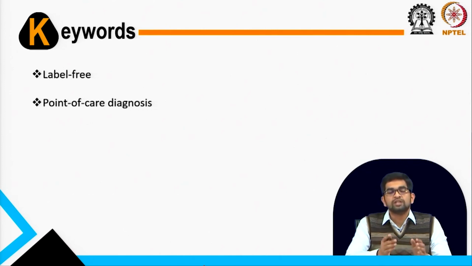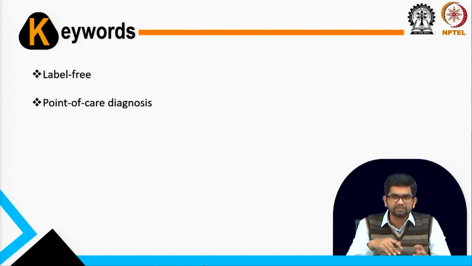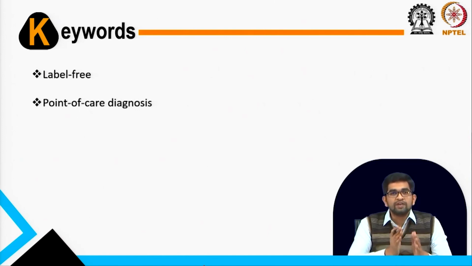of care, because if we need a label, then sometimes many steps are not favorable for point of care diagnosis. One step is just for antigen immobilization, then washing, then a second step, where the secondary antibody is conjugated with some label. So sometimes we need extra steps that are not favorable for on-site diagnosis, because you need washing, maybe some expert person. That's why label-free detection is very useful for point of care diagnosis, because we don't need the extra